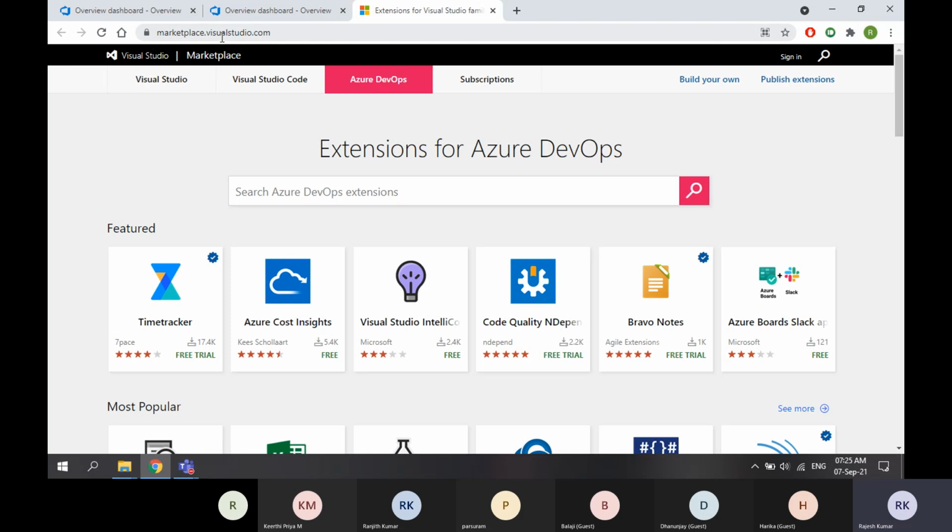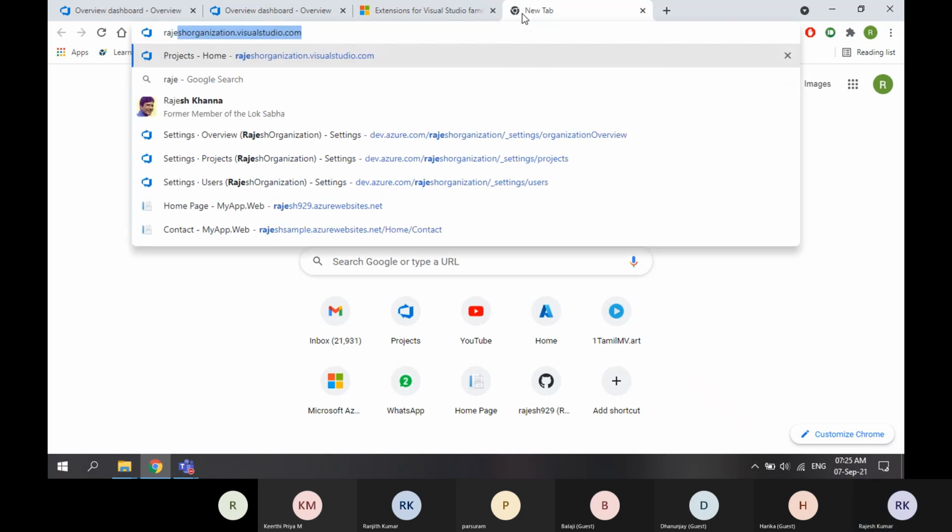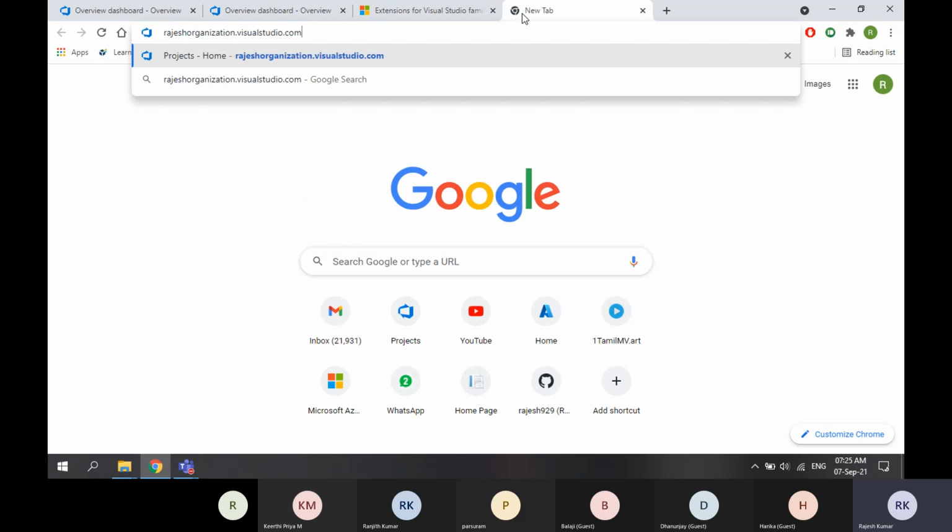The URL is marketplace.visualstudio.com. If you remember, last week we discussed that the first URL for Azure DevOps accounts started like rajesh-organization.visualstudio.com. Why? Because Azure DevOps' initial name was Visual Studio Online.